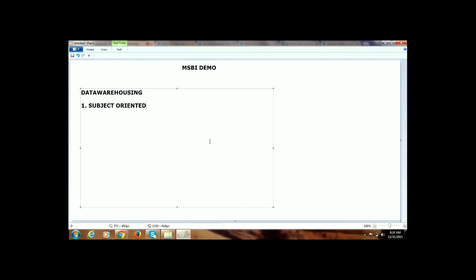No other information that is not really required for your analysis is going to be available in that particular database. So that is the reason why it is purely subject oriented. It is going to give you the information that is related to that particular department. Okay, so now